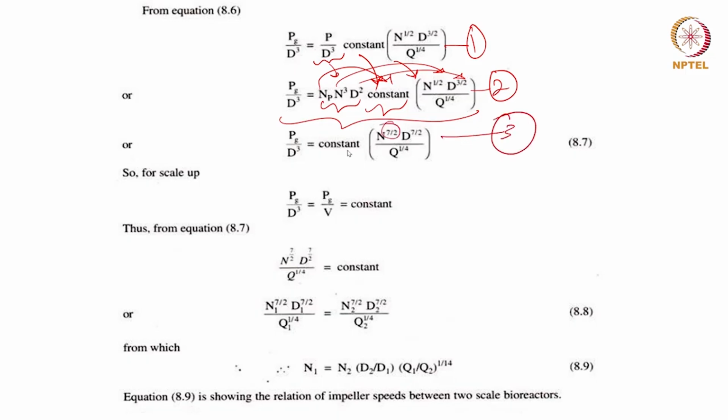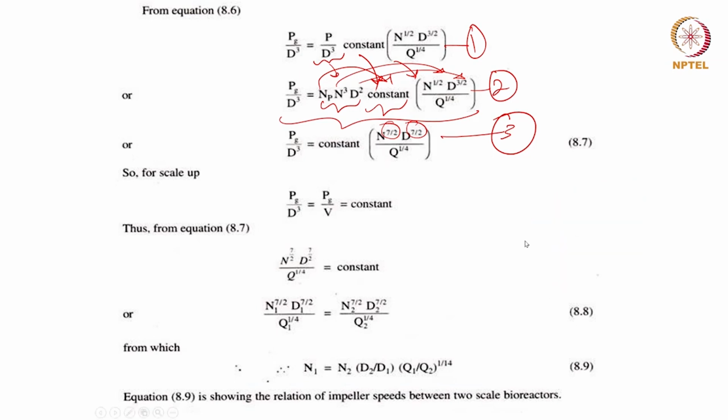So now N will become 7 by 2 after addition, and D will become 7 by 2. I hope you can understand. It is 3 plus 1 by 2 to the power of N, which is nothing but 7 by 2. Similarly, it has been done for D, where 3 by 2 plus square has been done. So this becomes again 7 by 2